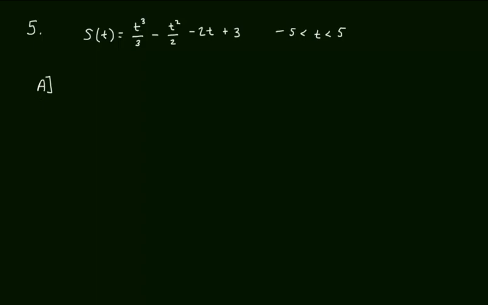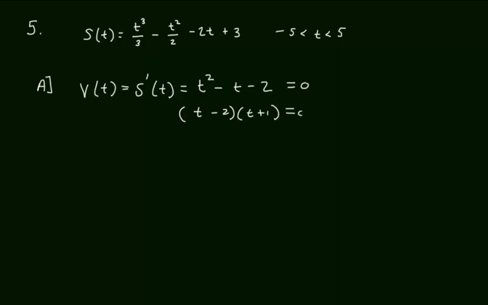Here we go. On what time interval is the particle standing still? Well, v of t, we know, is the derivative of position. If I take the derivative of position, I get t squared minus t minus 2, and I'm going to set that equal to 0. If I simply factor this, (t minus 2)(t plus 1) equals 0, I get that t equals 2